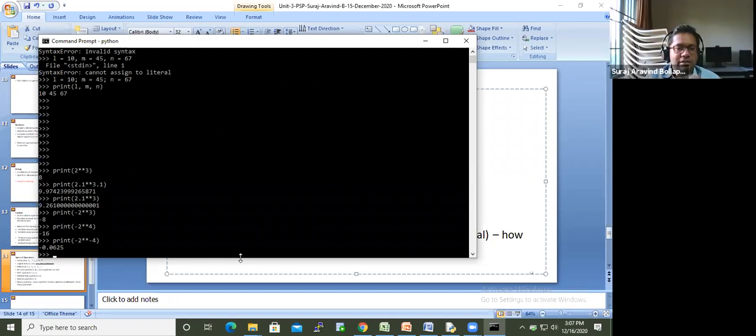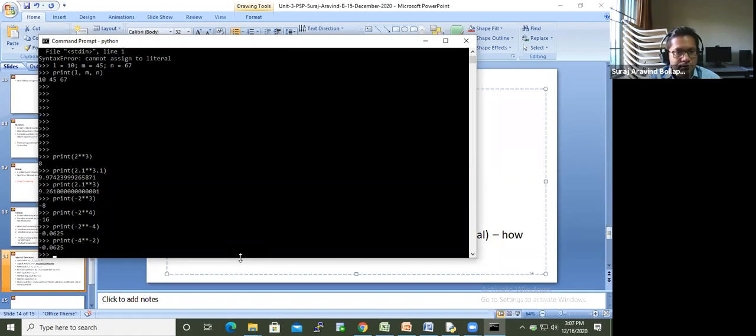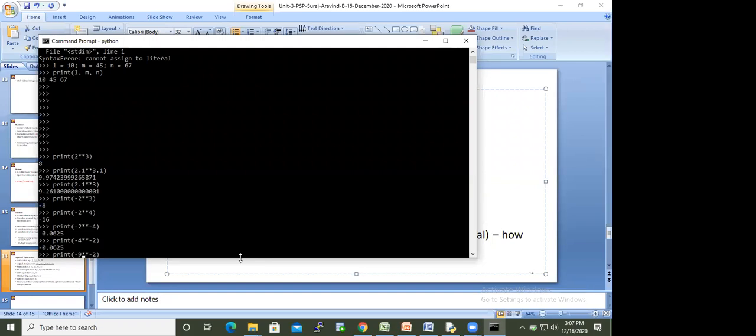It is actually 1 by 4. Let us check it once again. Suppose if I give it as minus 2. Every time it is giving only 0.625. Anything wrong in my statement? Sir, it's actually 1 by 16, that's why 0.0625.